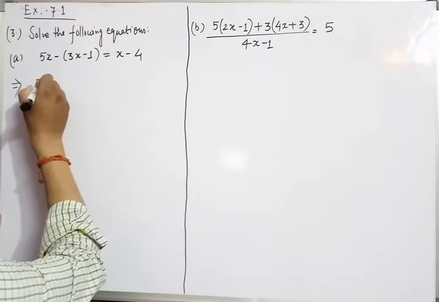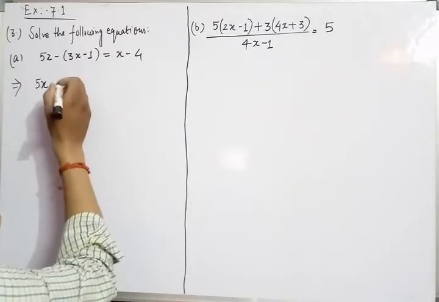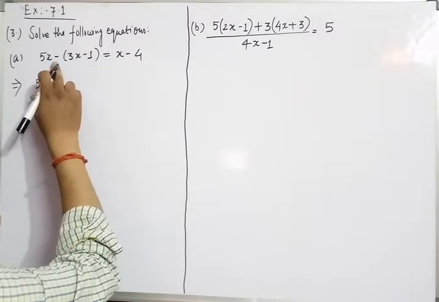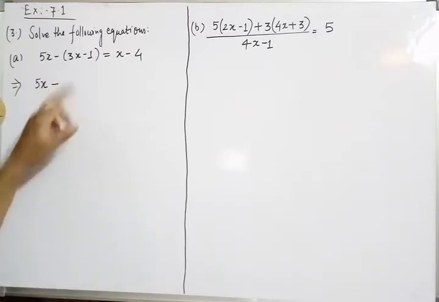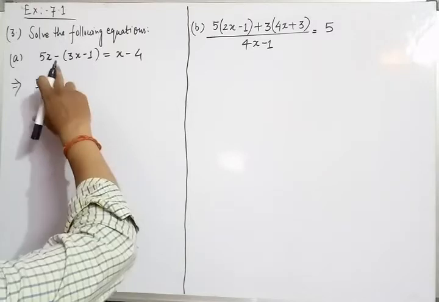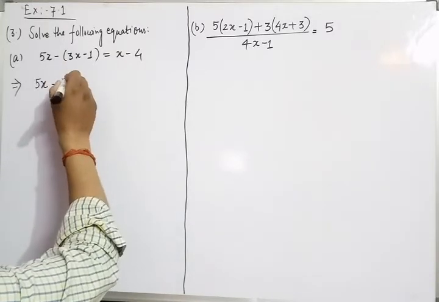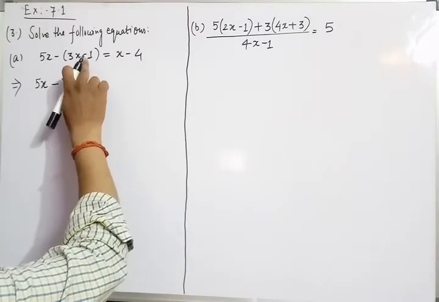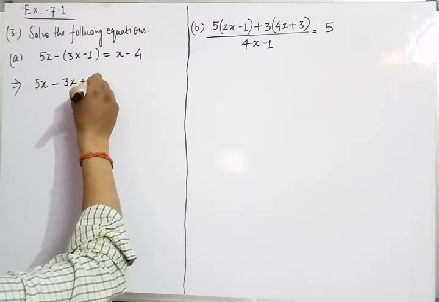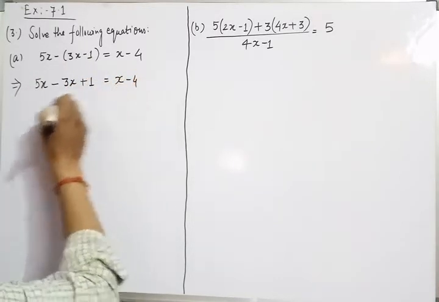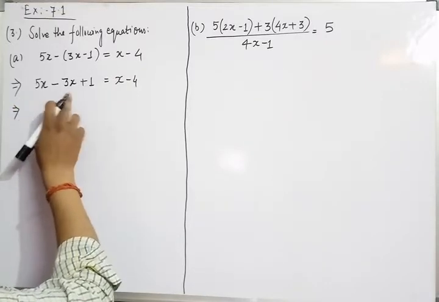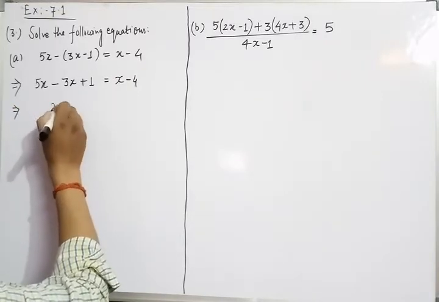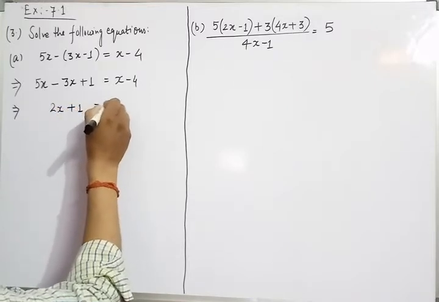Here 5x, students, you have to open the bracket, then we can say minus plus minus, because what is the operator before 3x? 3x के पहले बच्चों कौन सा ऑपरेटर है? पॉजिटिव साइन है, यानी तो माइनस इंटू प्लस कितना होगा? माइनस हो जाएगा. और फिर देखिए आप बच्चों माइनस इंटू माइनस क्या होता है? प्लस होता है. फिर देखिए बच्चों 5x माइनस 3x कितना बचेगा? 2x प्लस 1 इक्वल टू x माइनस 4.